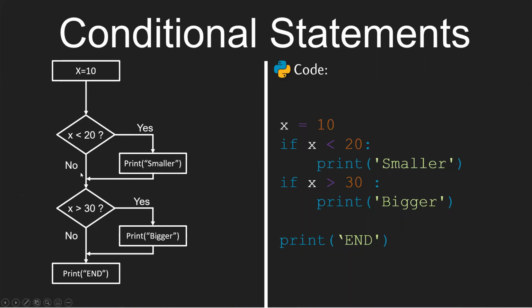If it's no, we can go to the other condition here. So is x larger than 30? If it's yes, we go this way; if it's not, no. Here, is x larger than 30? No, it's not larger. So there is no problem, and we have the end. So let's try to write this code, but I have to introduce some basic